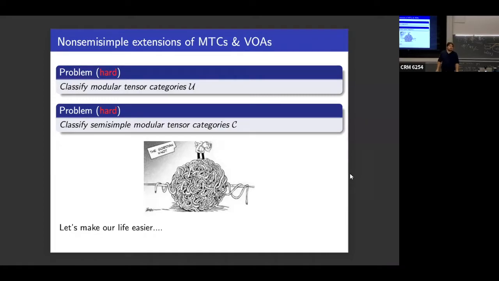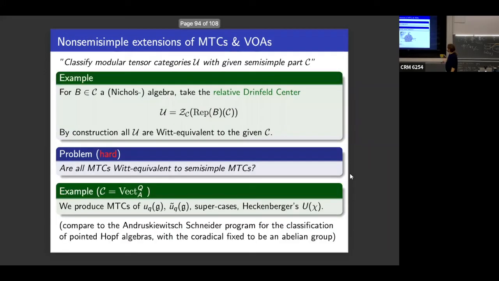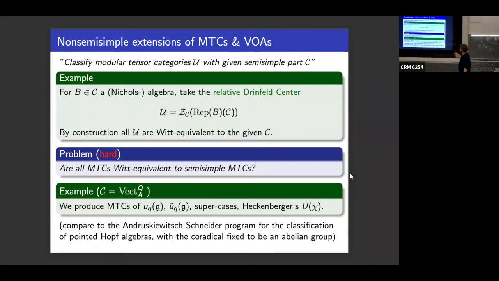So I thought very briefly about, because we did this in Munich, there were people doing this classification of semi-simple Hopf algebras of, I don't know, dimension 12 or something. And there are results, but it's very hard and out of my league, and uses very different technology. I think you don't use Nichols algebras and stuff. It's more like you use the category, I think, actually, but you know much more about this than me. But so let's make our life a little bit easier in the sense of let's do what we can do. So the proposition is, as a slogan, let's try to classify modular tensor categories with a given semi-simple part.